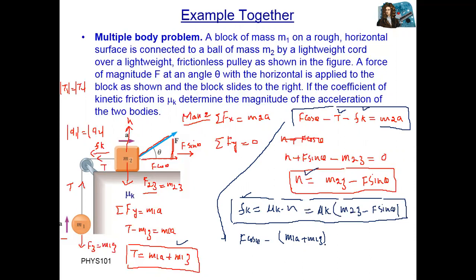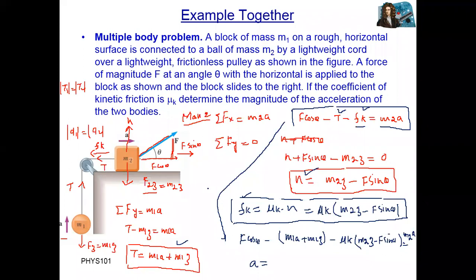Next we have the kinetic friction Fk, and we replace Fk with this equation: mu k times (m2g minus F sine theta) is equal to m2 times a. So arranging this equation, we can find the value of acceleration. The final result for acceleration is equal to